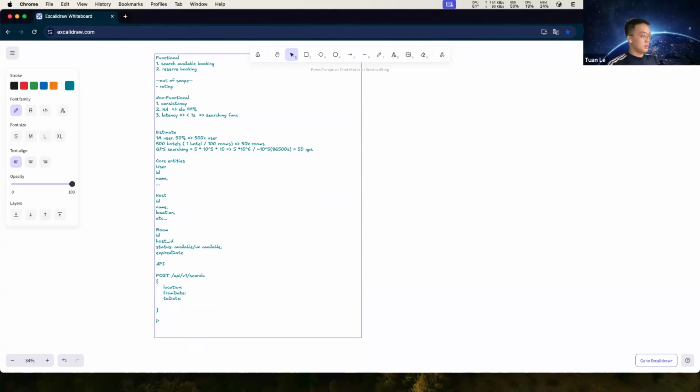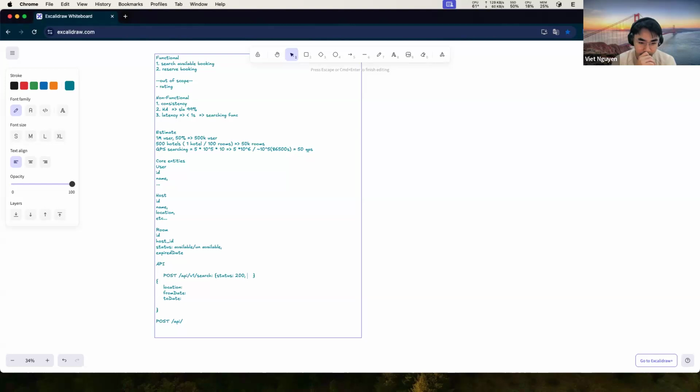So the next is the POST. But first, may I know what is the return of the search API? In the return, we have the status, like 200, and the data.